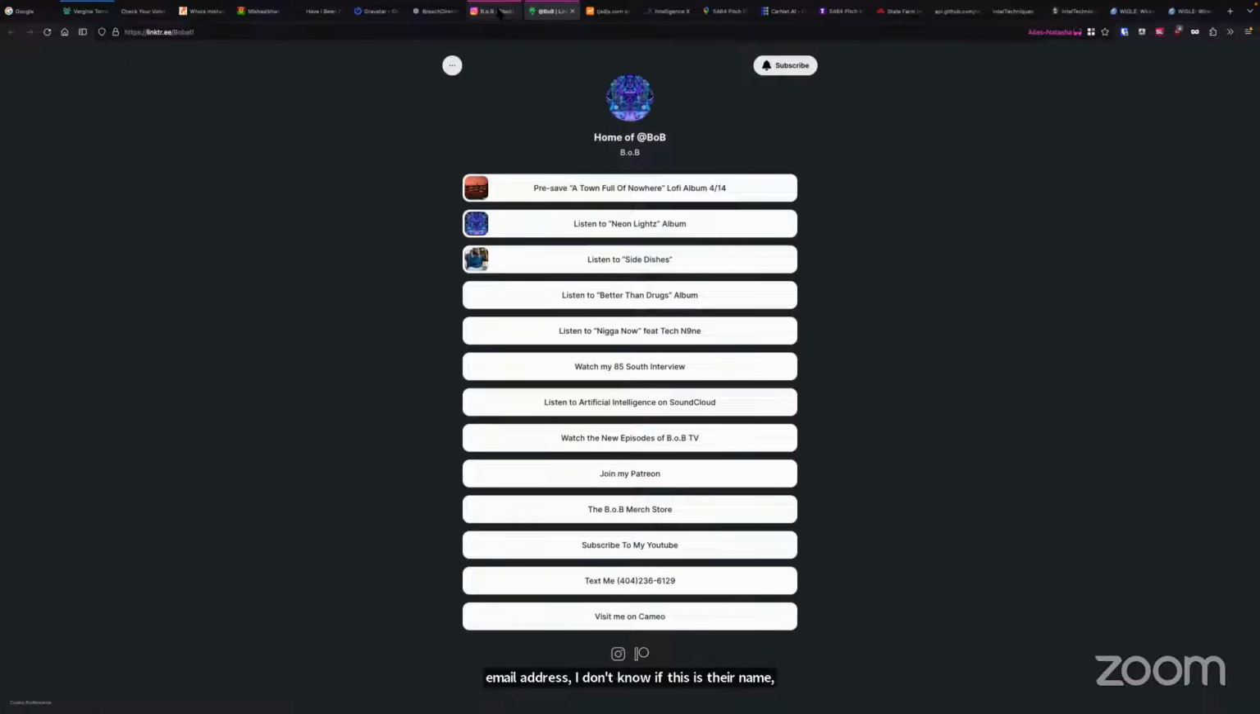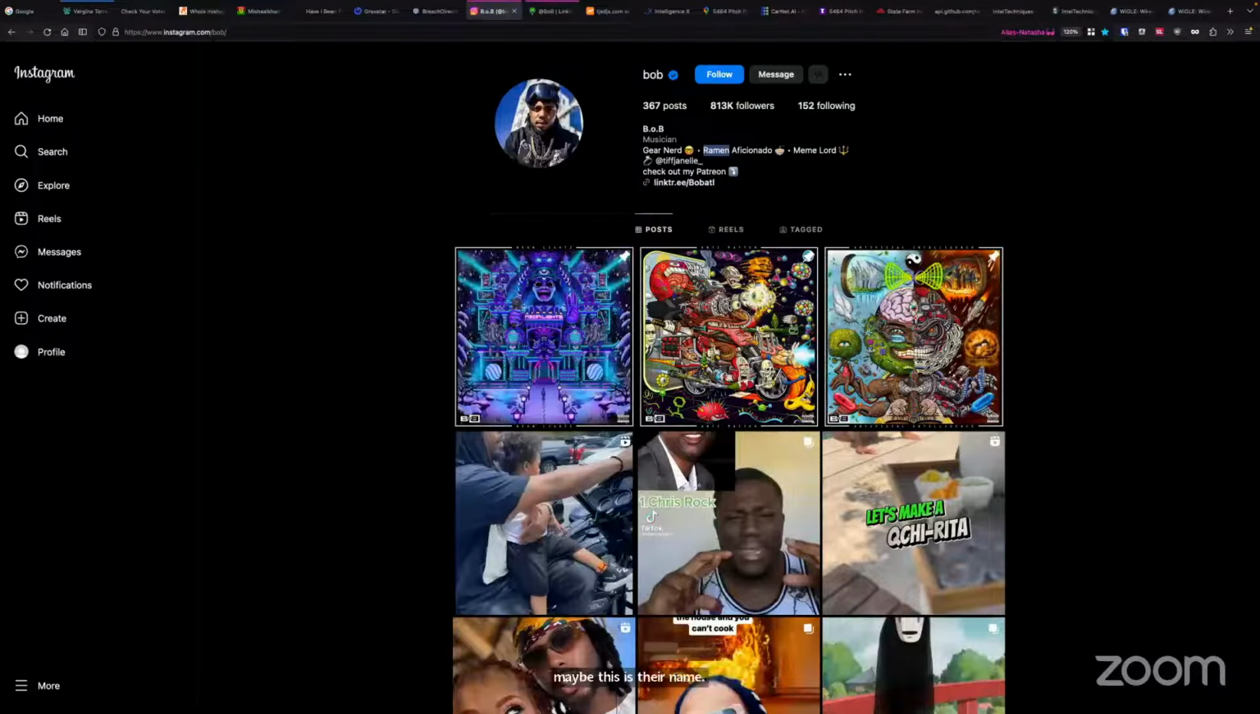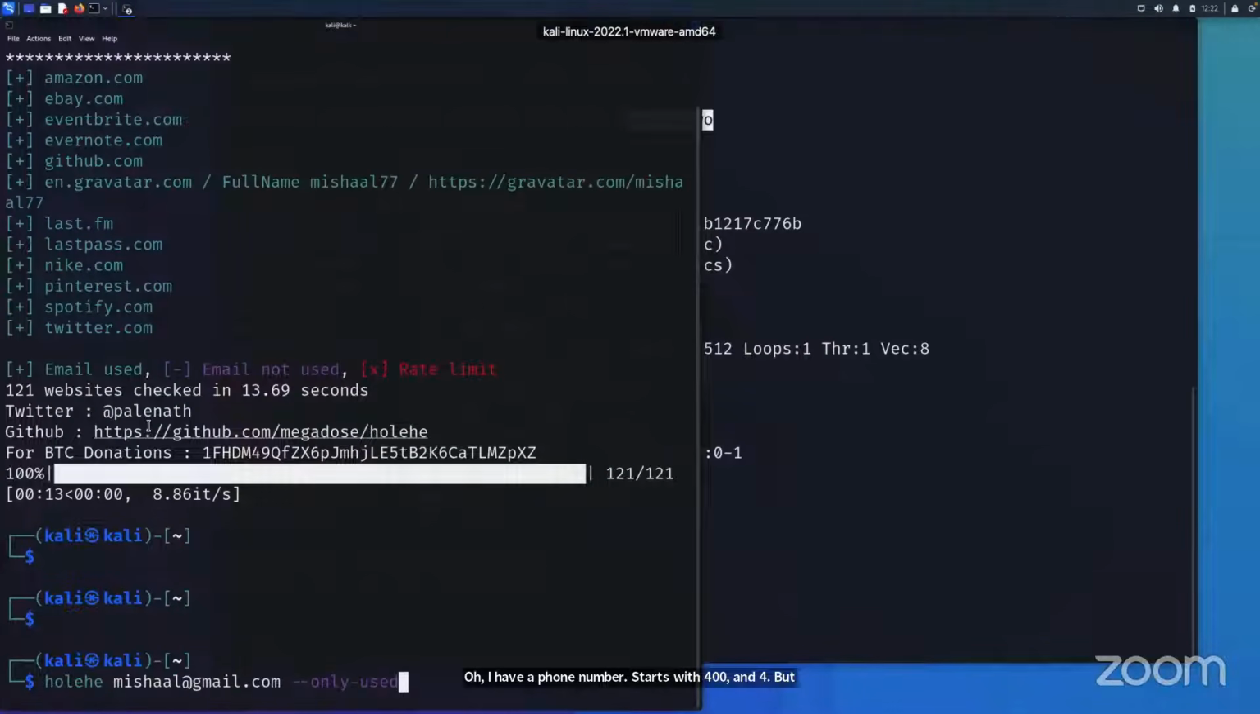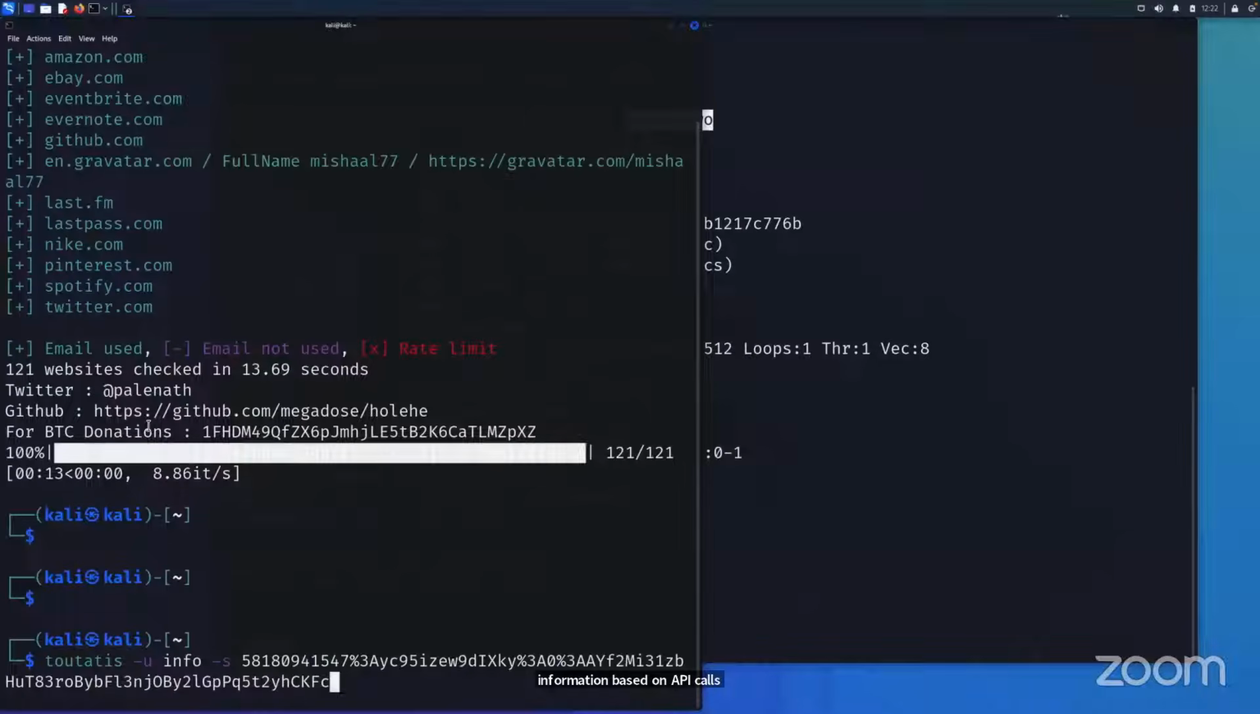But there's a tool I use which can extract some hidden information based on API calls from this profile that you don't see right now. That tool many of you may be familiar with is called, hold on, I don't know how to pronounce it, Tutatis, and it's on GitHub. So I downloaded this tool and I put in the username Bob, and you got to put in like